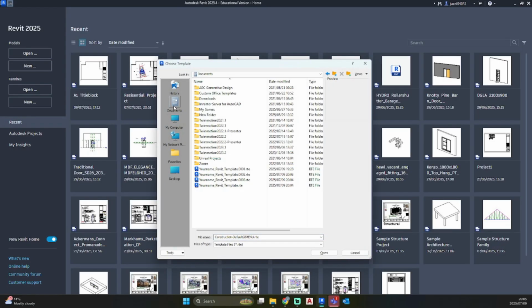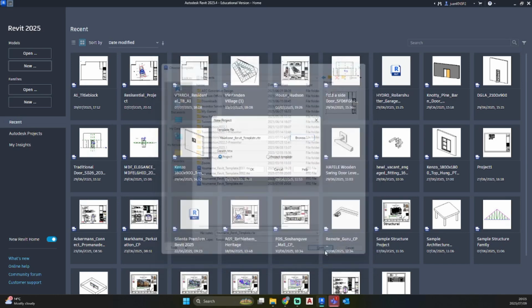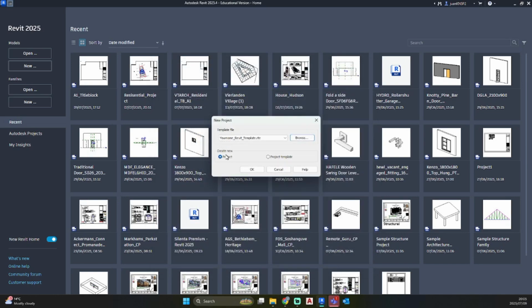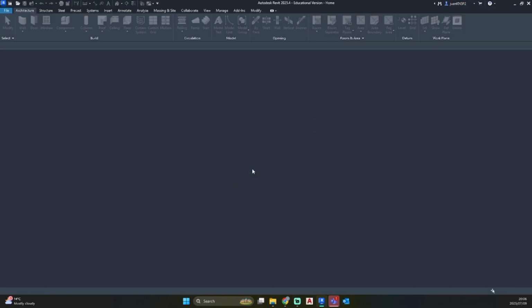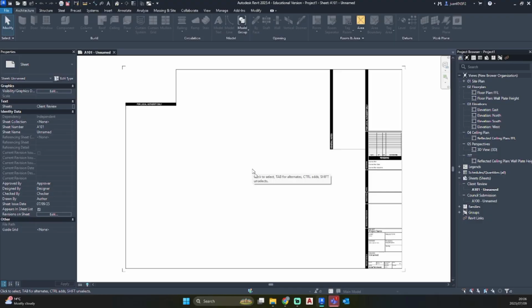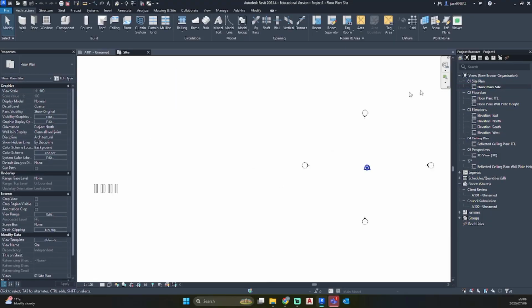Mine is under documents. There's my template. As you can see, it's saved as an RTE file. That means it is a Revit template. So you just go open, open as project. And now you are ready to start your project with your new template.